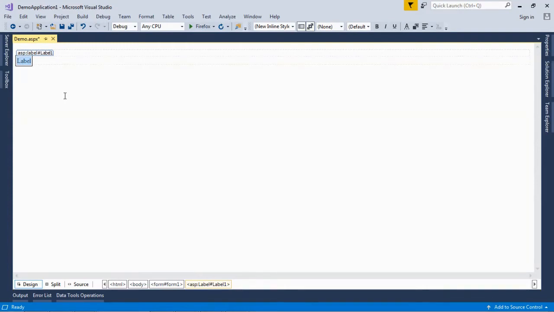Let's see how we can implement this in an example. So this is the label control. Now we have to do something to use this label control in our project. So select this label control and click on properties.